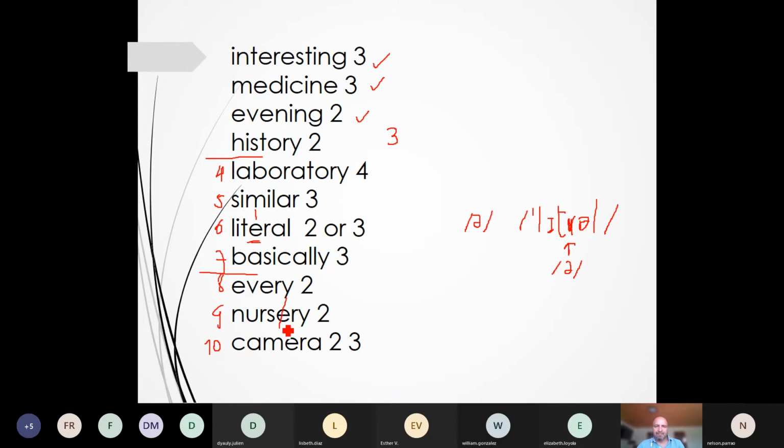So probably this vowel sound in the middle, a schwa, is elided. Nursery. And in the last one, as Lisbeth read aloud,